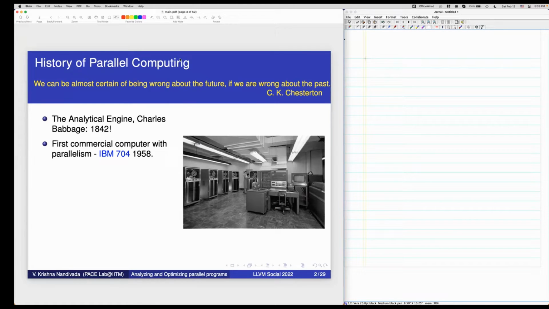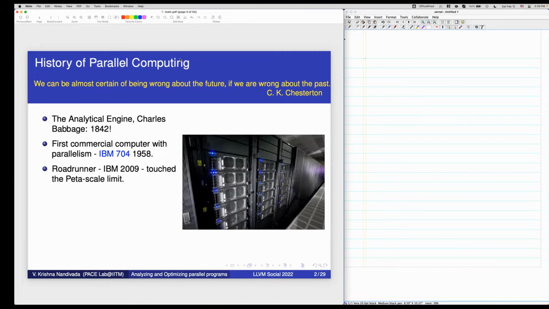It took nearly 100 years to come up with the first commercial computer. And in another 50 years, IBM Roadrunner touched the petascale limit.